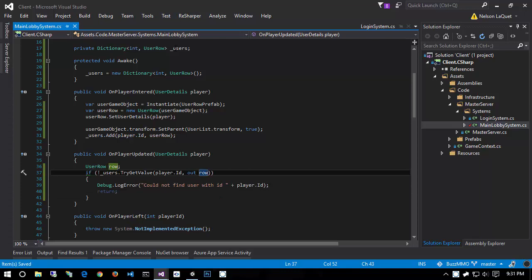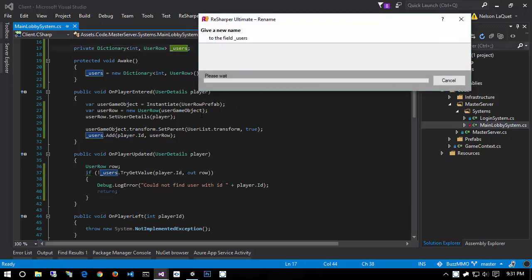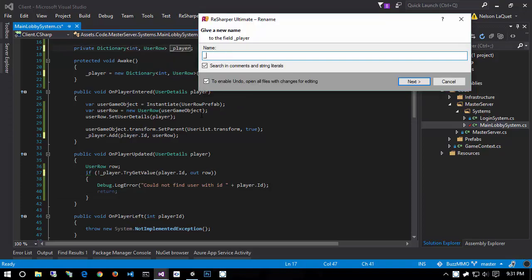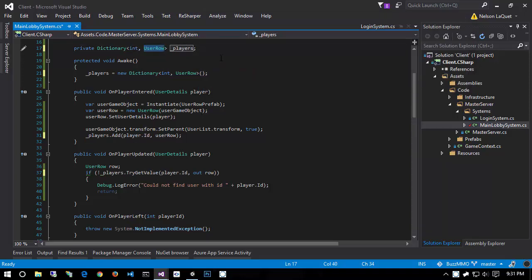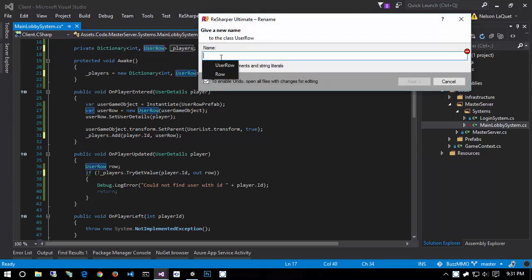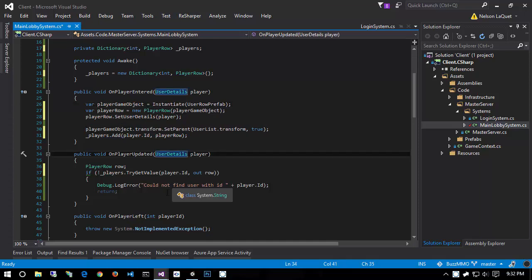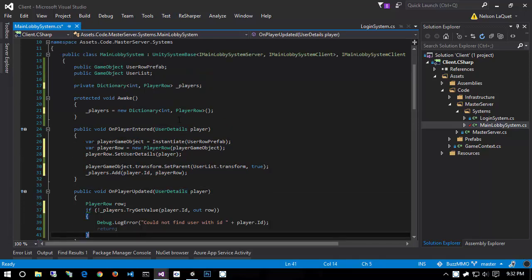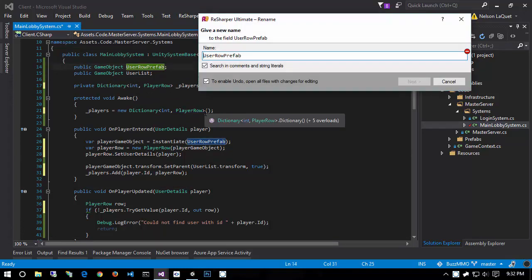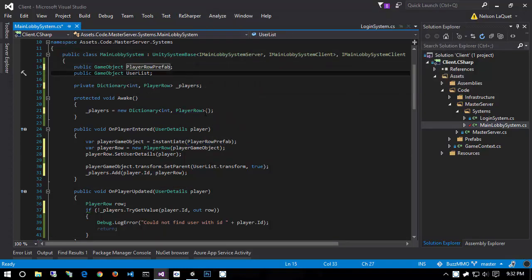I don't like the fact that I'm using users for some reason, so I'm going to refactor that into underscore players, and user row is going to turn into player row, and that's going to be user game object, player row, whoops, player game object, and yeah, that should be it. And then of course we do need to change it one more time here for our player row prefab and